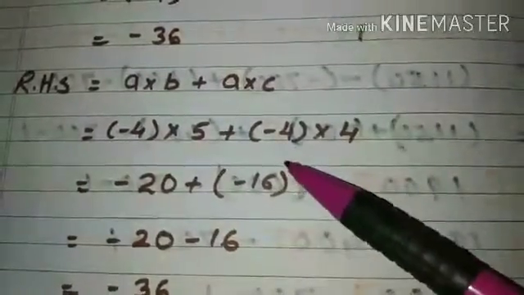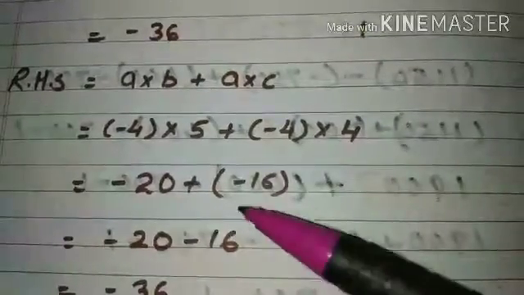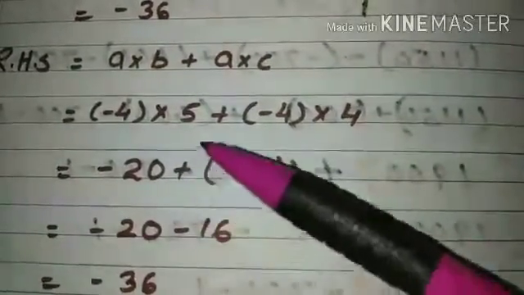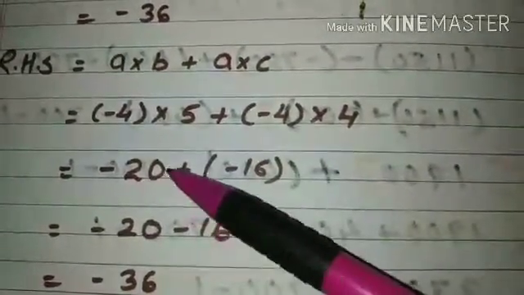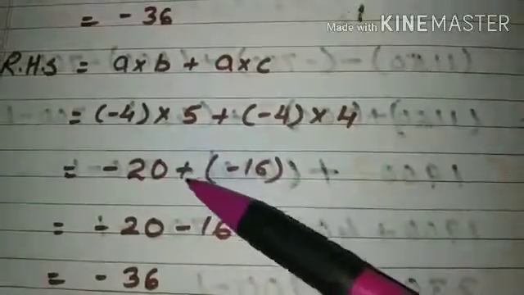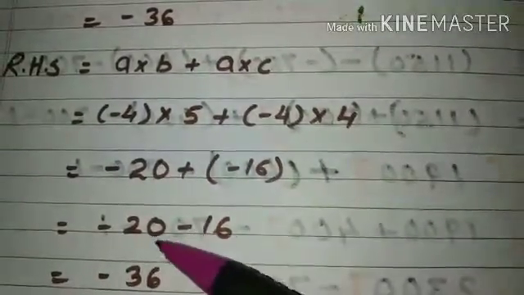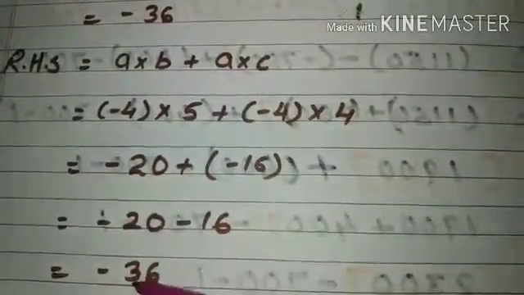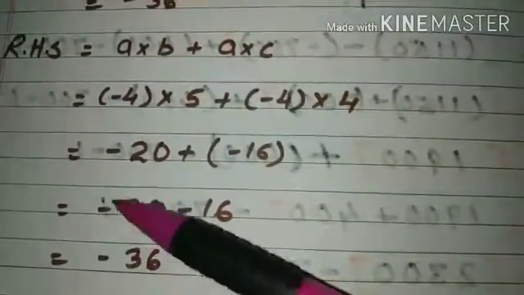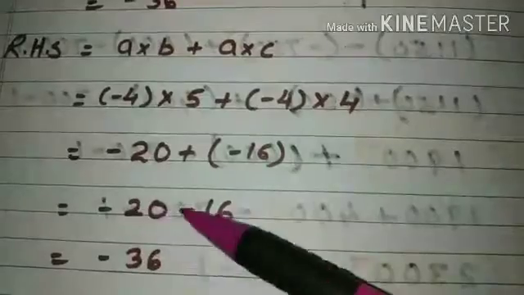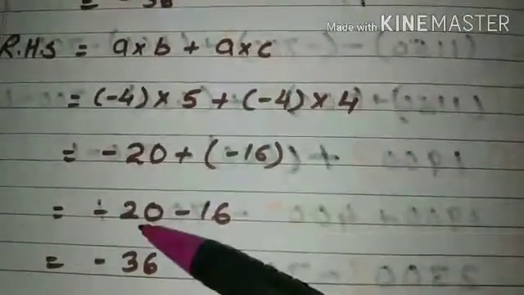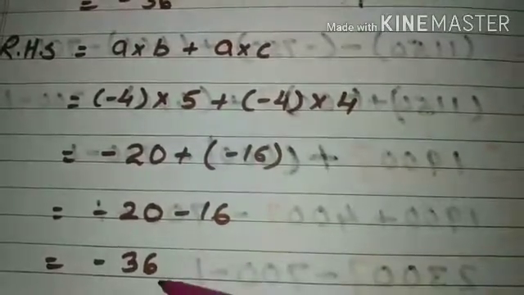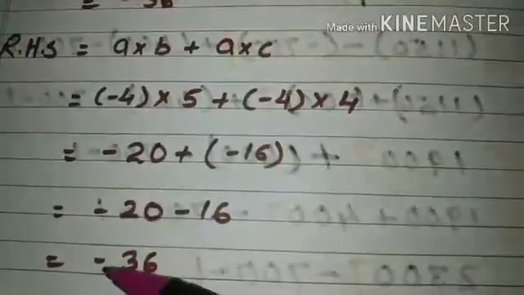First of all you do the calculation of the signs. After that, solve the numbers, the calculation or multiplication. Next we will remove this bracket. Minus 20, copy, then plus minus, what will come? Minus 20 minus 16. Minus 20 and minus 16 gives the answer minus 36. The same signs are there, so minus will come and the absolute values will be added. So 20 plus 16 is 36, and their sign will come, minus 36.